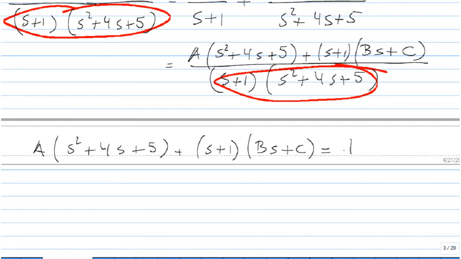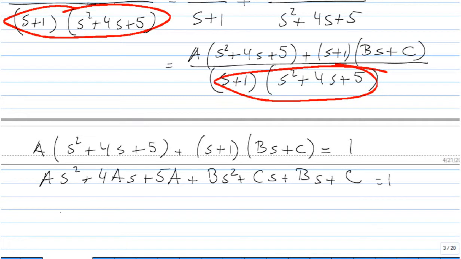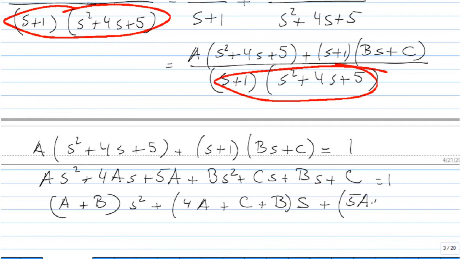So now let us rewrite the whole thing as one polynomial. In other words, first we expand the whole expression: as squared plus 4as plus 5a plus bs squared plus bs plus cs plus c equals 1. And now regroup them. So we'll get a plus b times s squared, plus 4a plus c plus b times s, plus 5a plus c